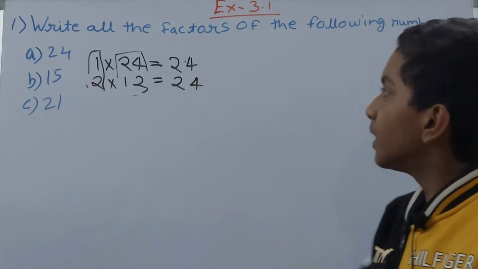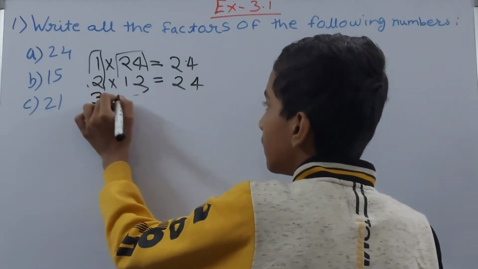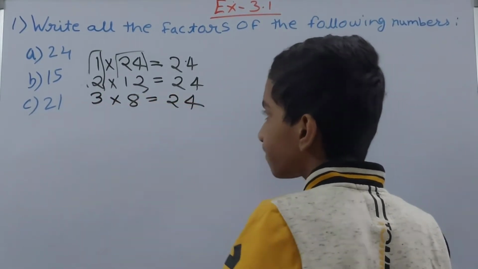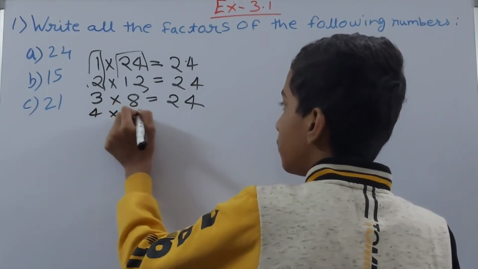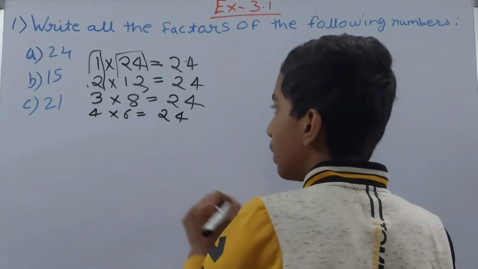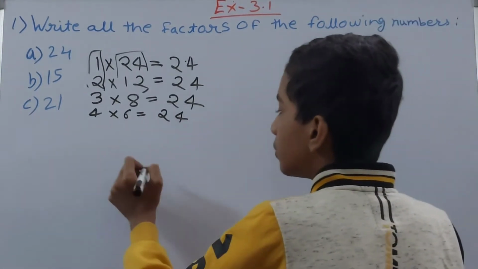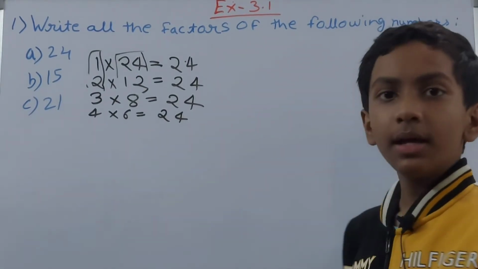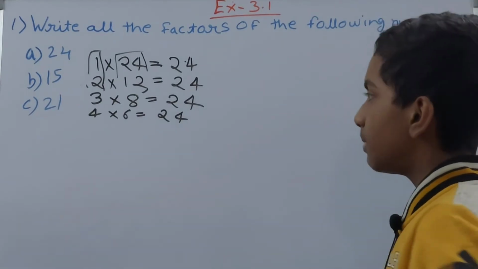So, let us see. Now, 3. If you see 3, 3 8s are what? 3 8s are 24 again. 4 6s are 24, right? You have to keep on multiplying. Okay, then let us see, let's say 5, will it multiply? No, 5 4s are 20, 5 5s will be 25. It will not be multiplying.